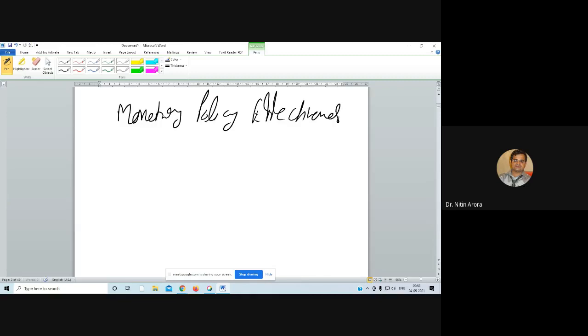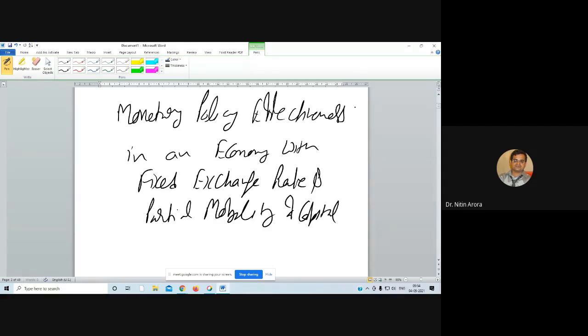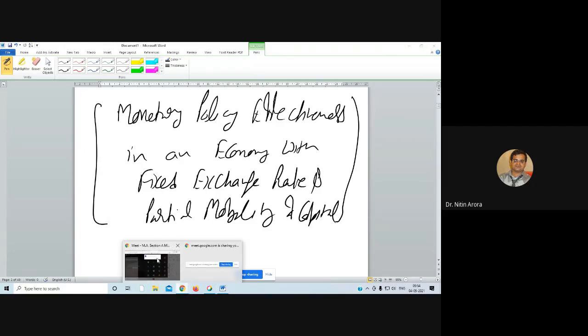Monetary policy effectiveness in an economy with fixed exchange rate and partial mobility of capital. Okay. We are going to talk about a fixed exchange rate where exchange rate cannot change, because if exchange